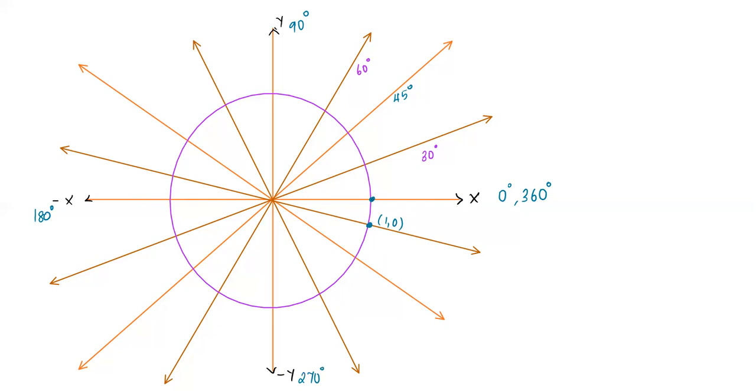Right? Oops, I'm looking at the wrong one. I should look at the x-axis, sorry about that. That's 1, 0 for the x-axis. Then, if you recall, 45 degrees was root 2 over 2, comma, root 2 over 2. And this was half, comma, root 3 over 2. And this was root 3 over 2, comma, half. I'm sorry, it's really small. I'm trying to accommodate all of these here. And this was 0, 1. You remember this came from our derivation and from the unit circle, the table that we wrote based on this,